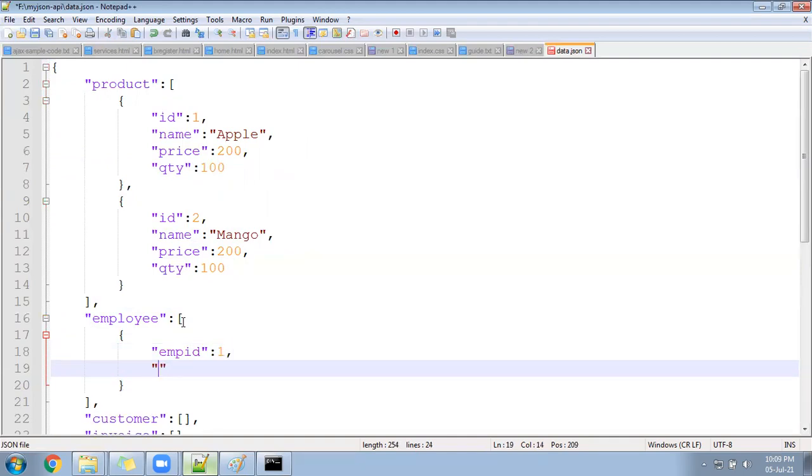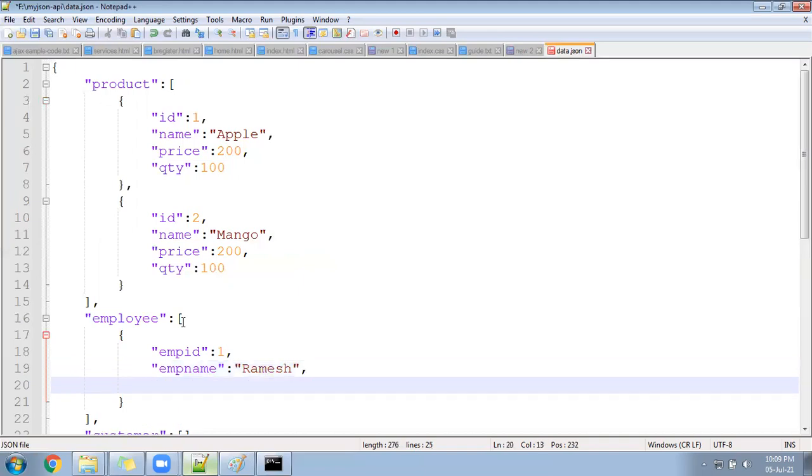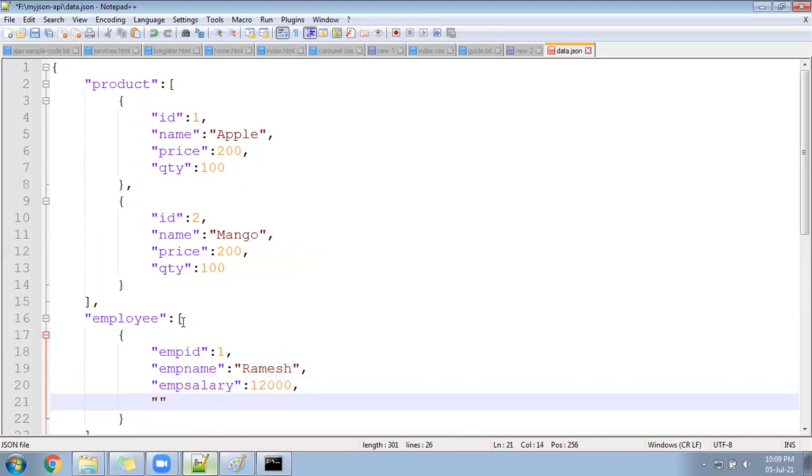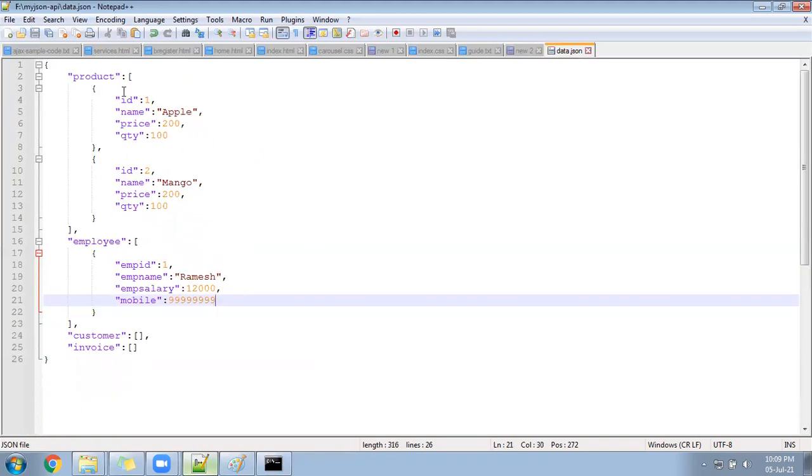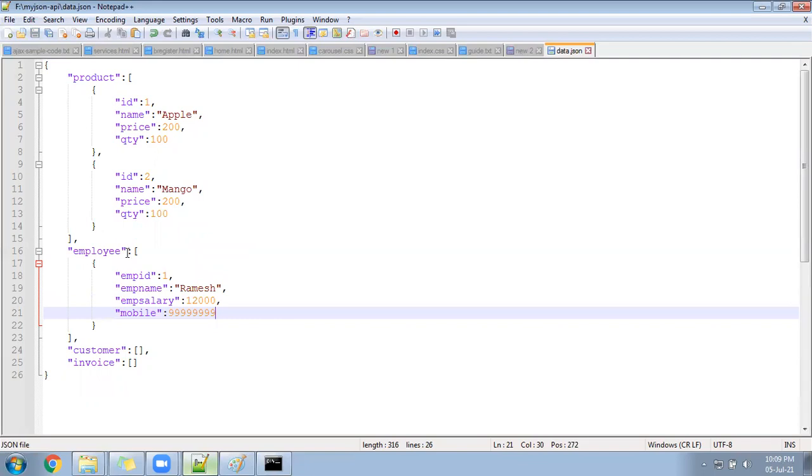I'll write here EMP name, Ramesh, and EMP salary, maybe 12,000. I'll keep here mobile, some number. So see what I did. I have only one JSON file where products are stored, 2 or 3 products, and employee data is also stored.